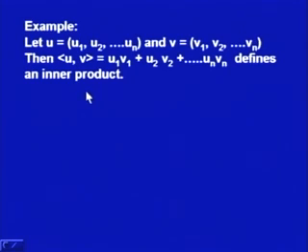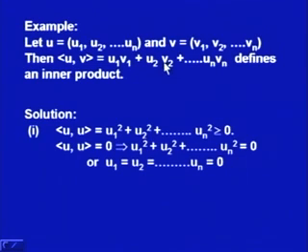Let us take an example. So, if we have a vector u in Rn as u1, u2, un and v as v1, v2, vn, then if we define u comma v as u1 v1 plus u2 v2 plus un vn, then it defines an inner product. It defines an inner product means we have to verify that it satisfies all the 4 properties which we have described just now. So, to start with, u comma u is